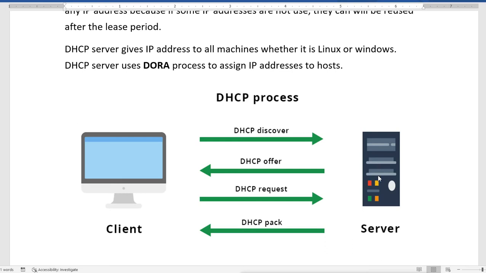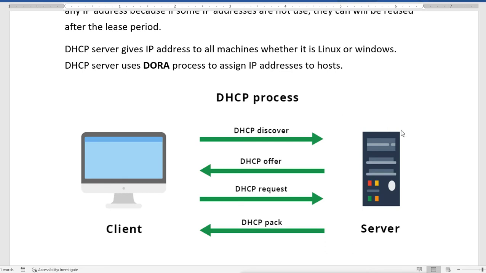Now what will the DHCP server do? It will allocate another IP. It will send an offer for another IP to this client machine, and it will allocate the other IP for this client, and the IP which was declined, it will add as a bad IP in the database, and that means it will not give that IP again to any other machine.